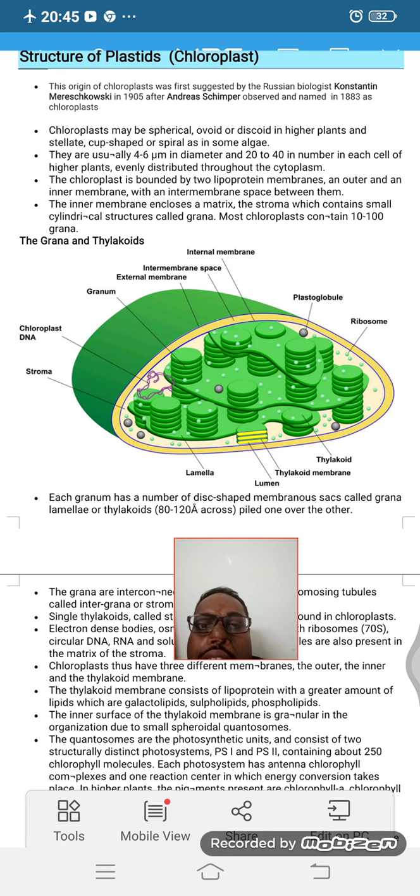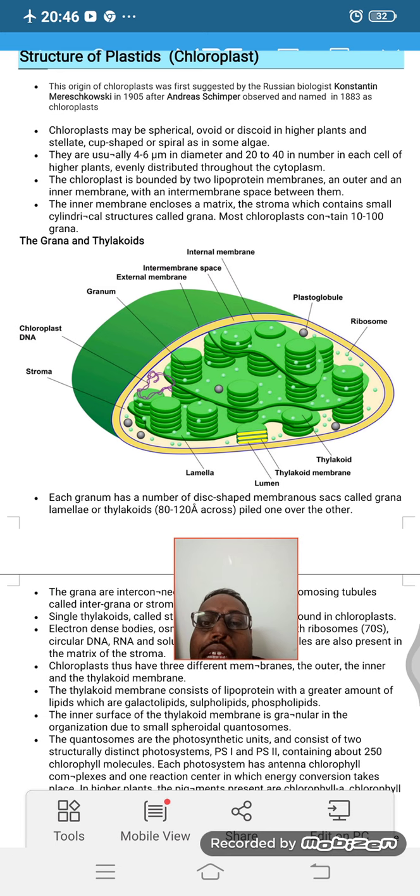So when it is emitted, we see it as green in color. If you observe the leaf carefully, the maximum green color is on the top side, which is exposed to sunlight. The lower portion is a little bit yellowish green. I'm not saying there is no chlorophyll there, but compared to the upper part, the presence of